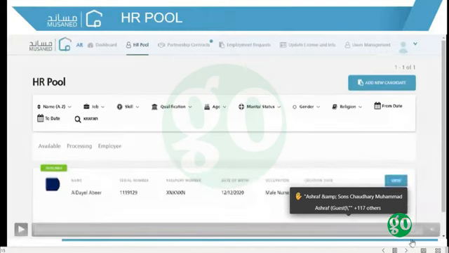We will move to the next page, which is employment requests. So after the Saudi office and the external office have had a partnership contract agreement, and the external office has uploaded a list of CVs for the candidates, then now the external office would receive employment requests coming from the Saudi office for a specific Saudi employer and a specific Pakistani candidate to process the employment procedure with.